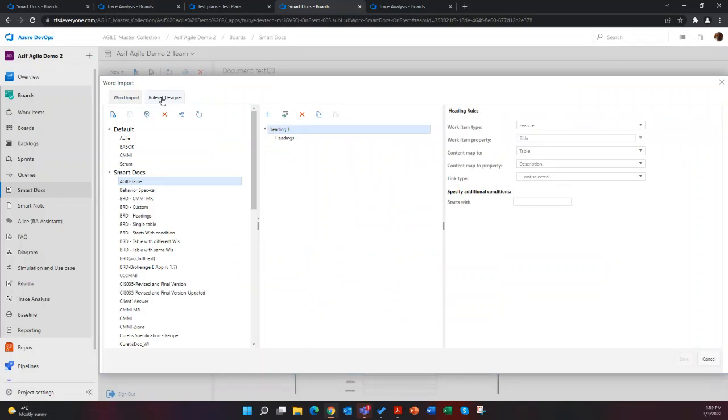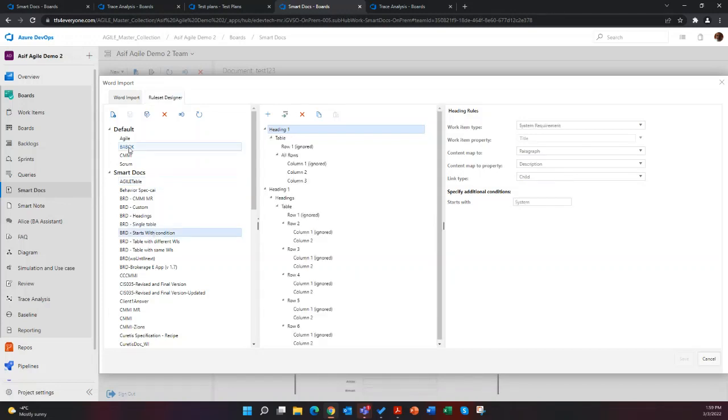So when you want to import a Smart Doc, there's a rule set designer which specifies how things should be processed from a document. And so you can configure your own rule set file to import different types of artifacts.